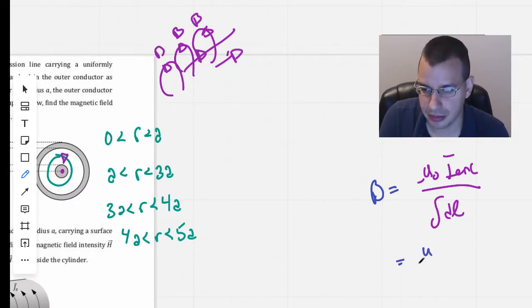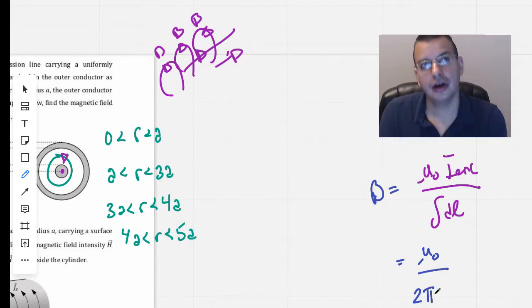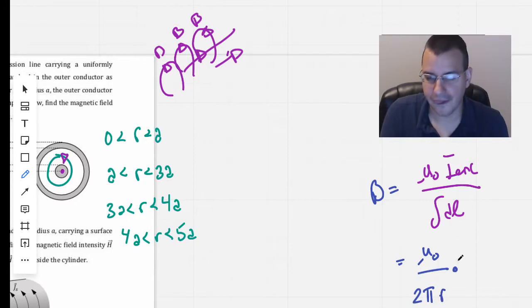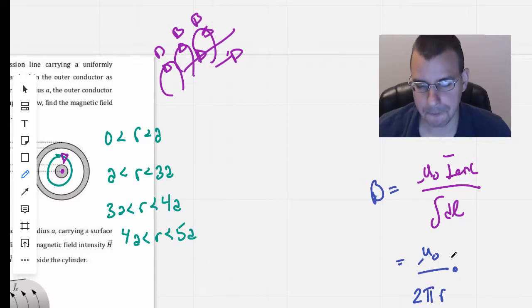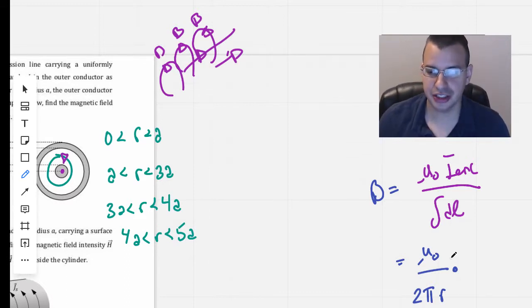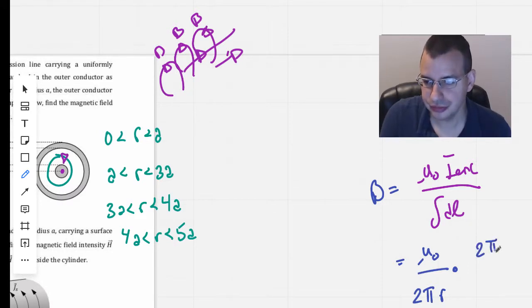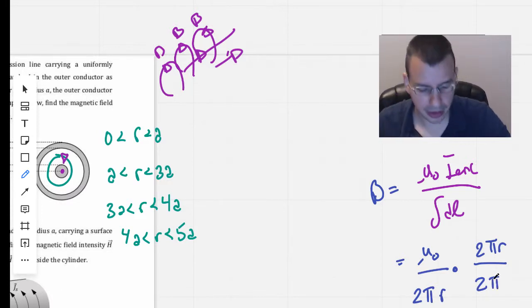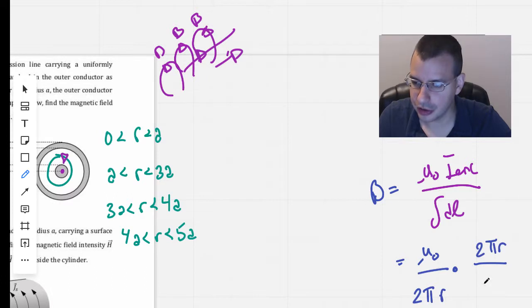So we have mu naught over 2 pi r, where r is less than a, and then the amount of enclosed current would just be the fraction of 2 pi r over 2 pi, no, over,